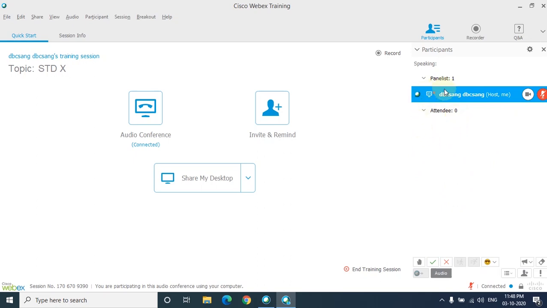Whenever you are running a WebEx meeting, you have something here called this ball. That is a control for the meeting. Always the host who is going to conduct the meeting should have this ball. Clear? If you click on this ball, you can drag the ball.